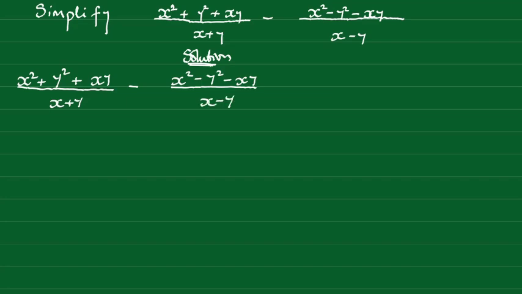Now, we take note of the fact that the denominators in both fractions, which will end up becoming our LCM, form a difference of two squares. Hence, our LCM